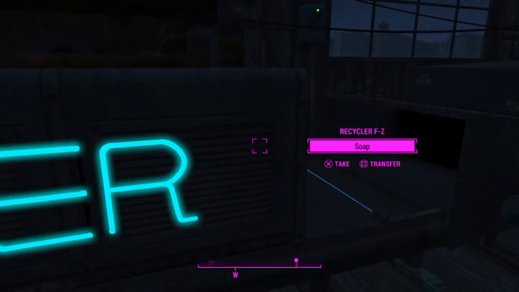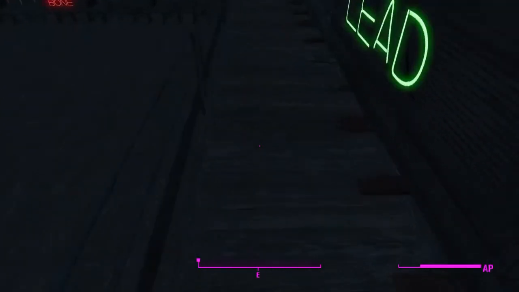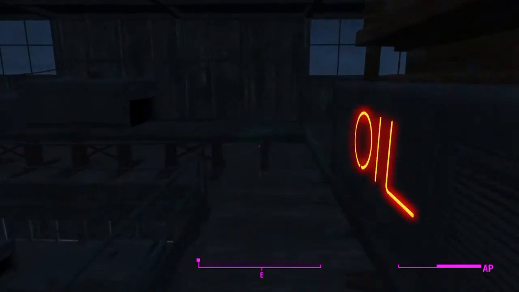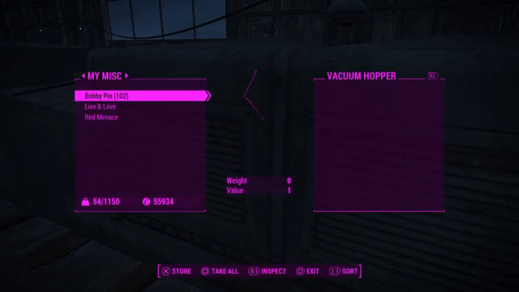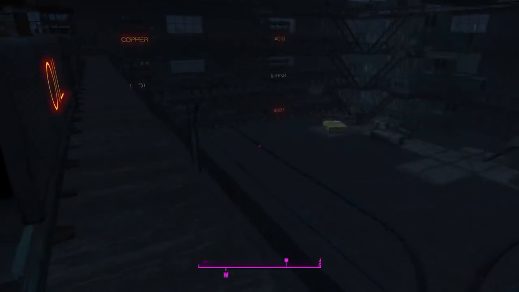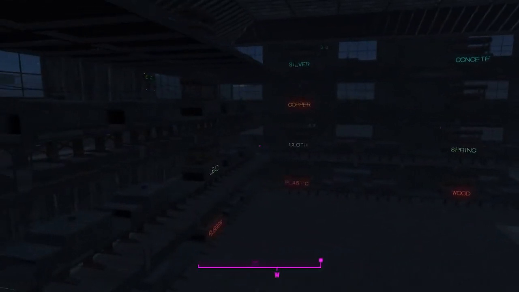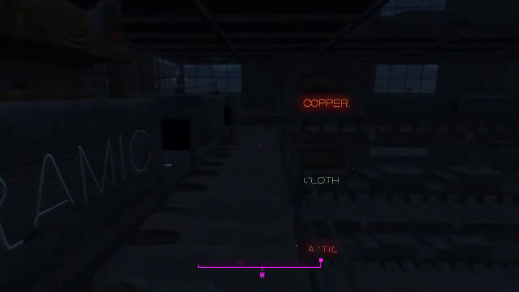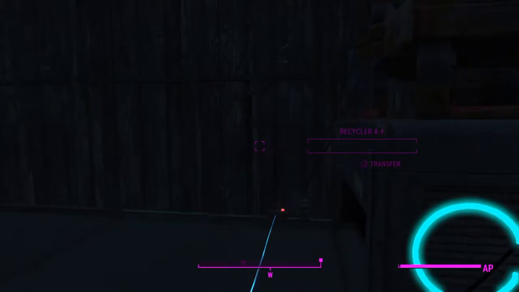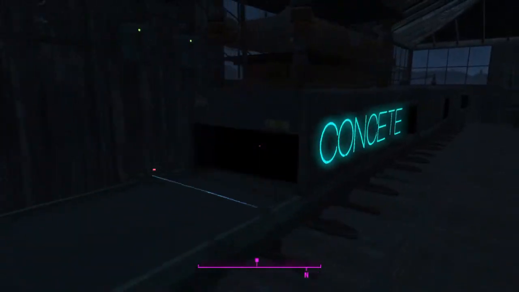Now, how did soap get through? Soap should be... That might be one of the ones I had a slight problem with earlier. Okay, y'all saw that, unless it went through. What did I put in there? Oh, antiseptic came in. And you saw I took that soap. That was another problem I had, I had some phantom items. Okay, where was that soap? Soap was in the silver. And I think them damn phantom items are what's screwing up my...